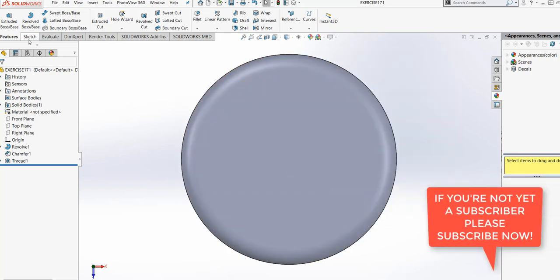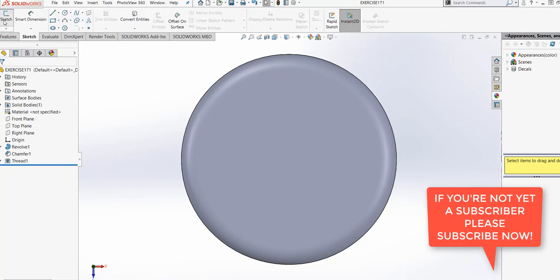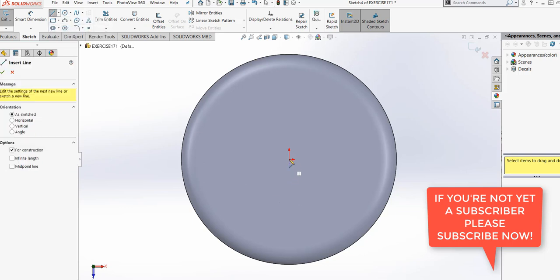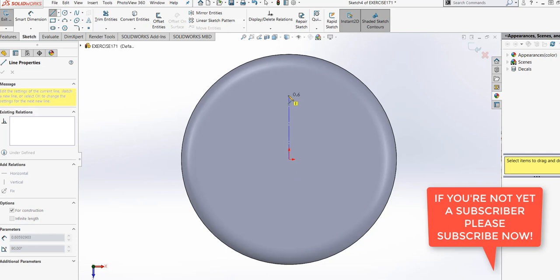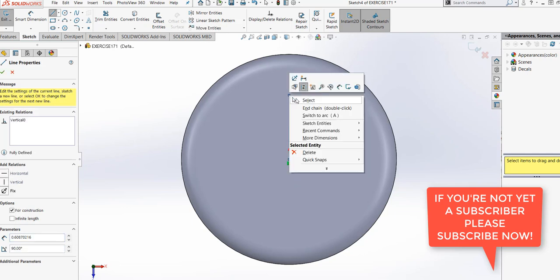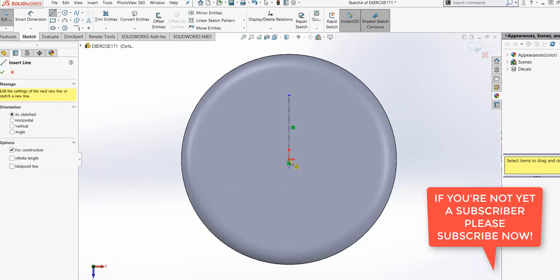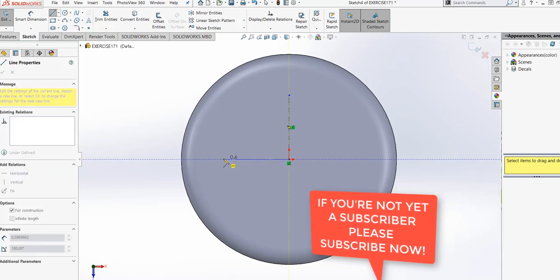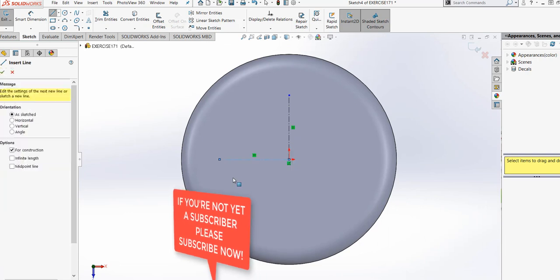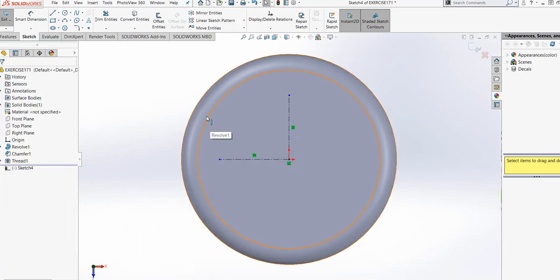And then let's do the sketch on here, so it's in front of us already. Okay, let's do a center line from here to here, and also here. Okay,